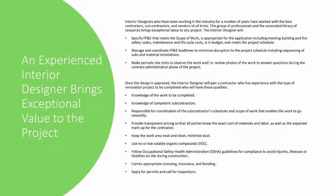And then just hiring contractors. Again, I can bring people that I know to a project, or if you have your contractor that you like to work with, most interior designers are happy to work either way. And it's just a matter of, it's always best to get most of your construction team at the table earlier, even if it's months away or weeks away from when that person's actually going to be on